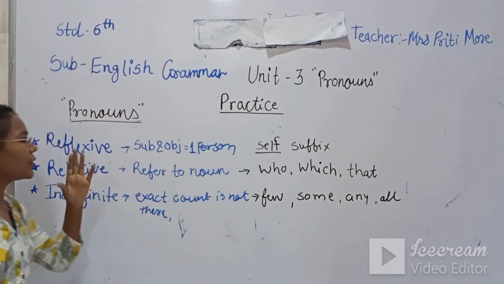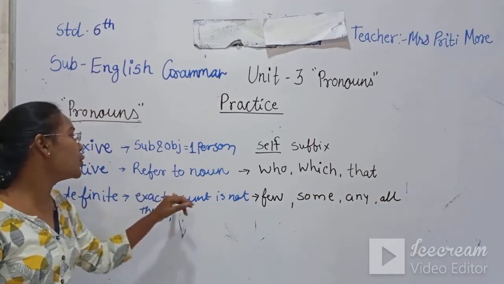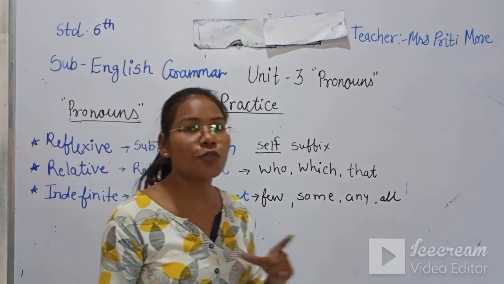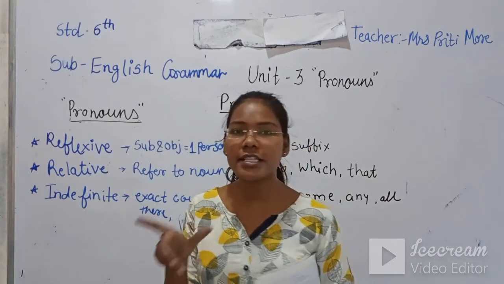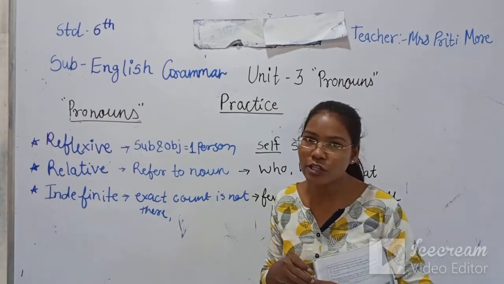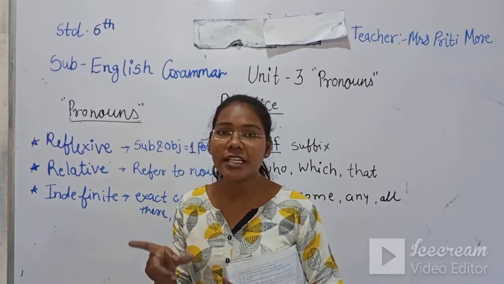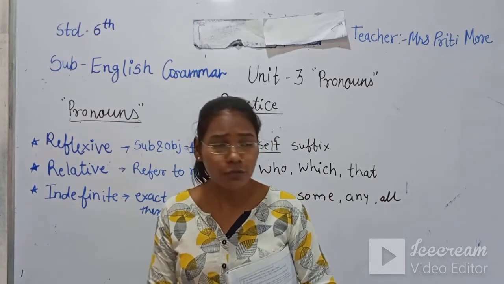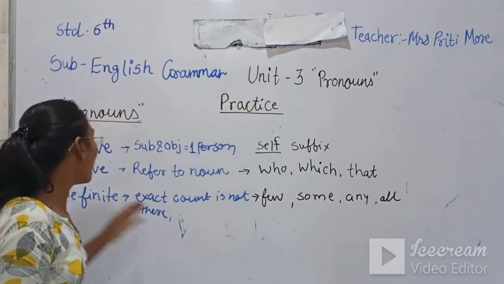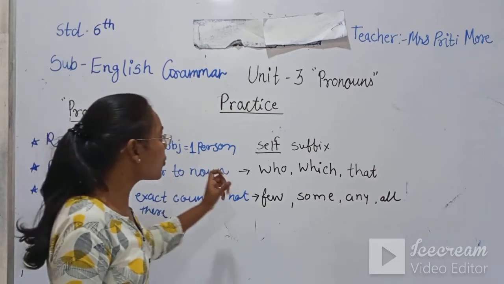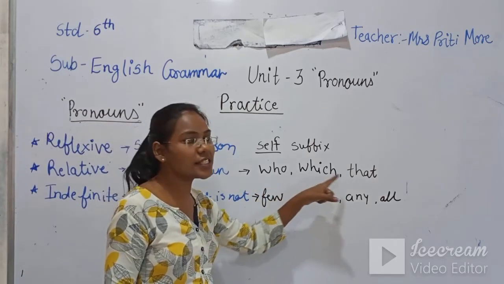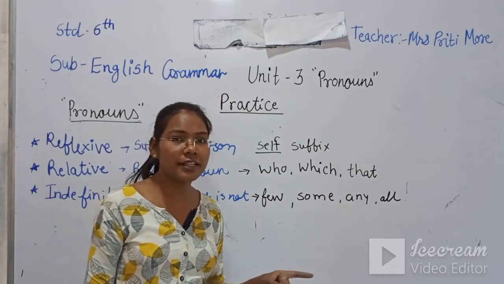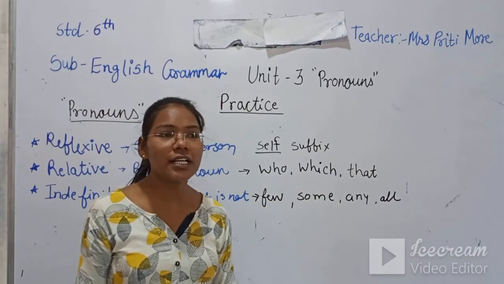Now the relative pronoun. A relative pronoun refers to a noun, and a relative pronoun also works to join two sentences. It works as a conjunction also, and it joins two sentences. Even a relative pronoun tells us information about the noun also. Some relative pronouns are who, which and that. This type of relative pronoun we can use to join sentences, and it tells us more